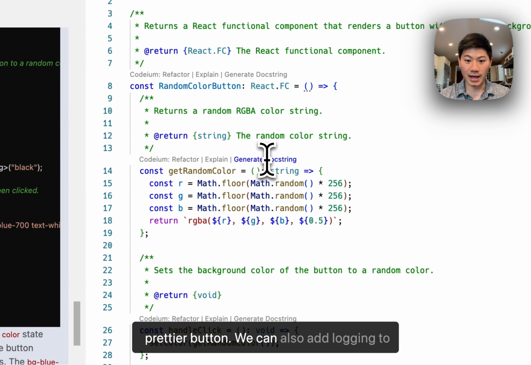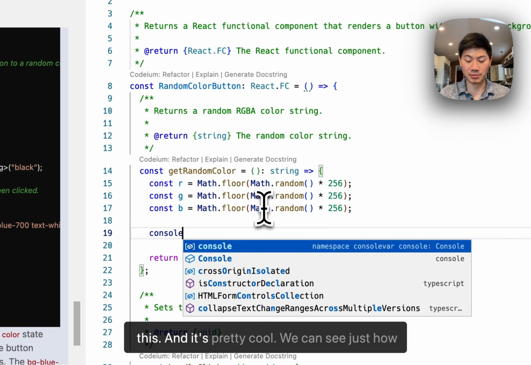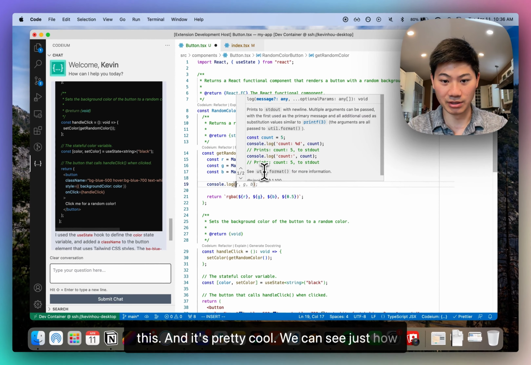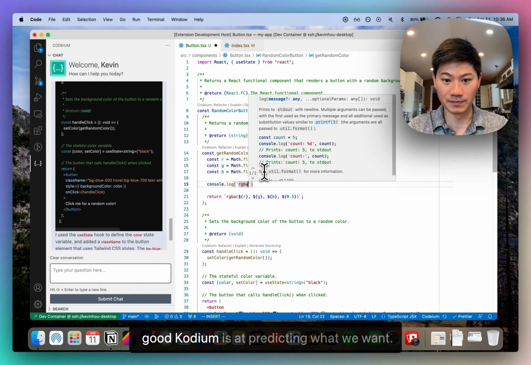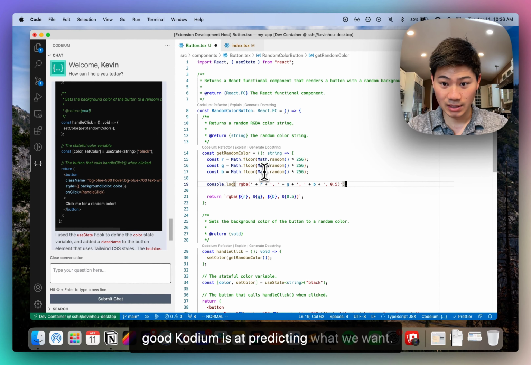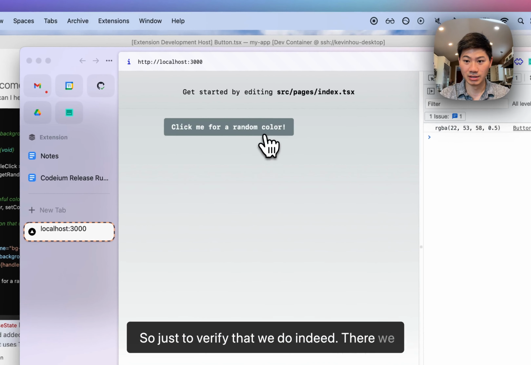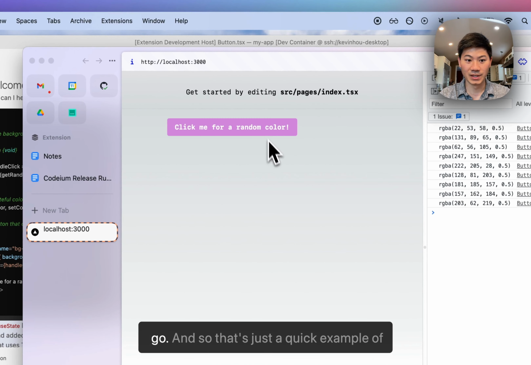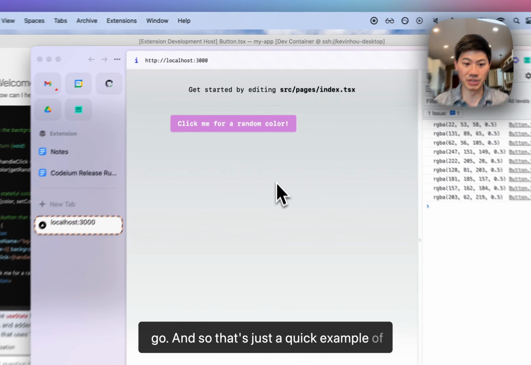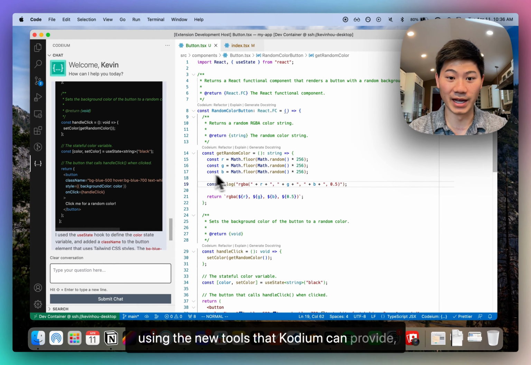We can also add logging to this, and it's pretty cool. You can see just how good Codeium is at predicting what we want. So just to verify that we do indeed. There we go. And so that's just a quick example of using the new tools that Codeium can provide, such